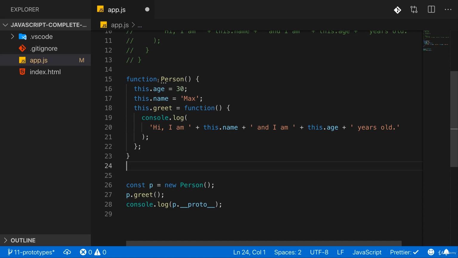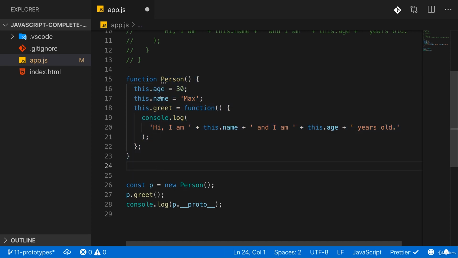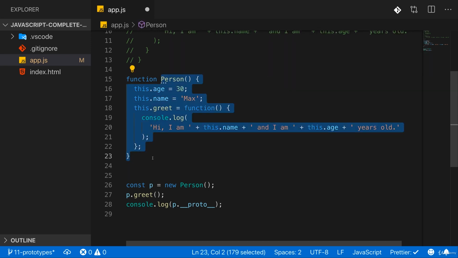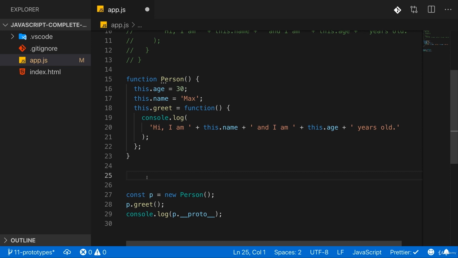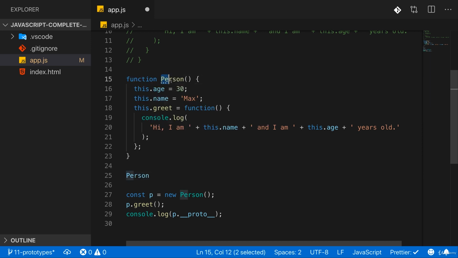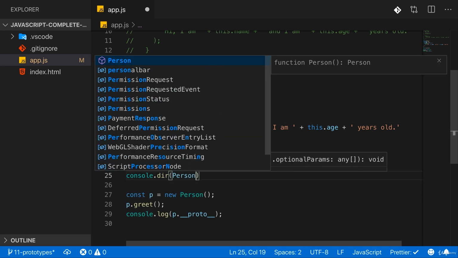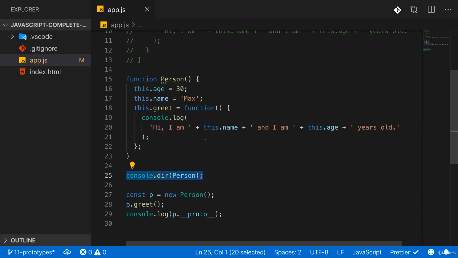Every constructor function here, or every function in general in JavaScript, is in the end stored as an object, right? In the end, a function is just an object. Therefore, just as on any other object, you can assign properties by using the name of that object, in this case, the name of the function, person. And just to prove this, if I console dir this to look into it here, before we do anything,